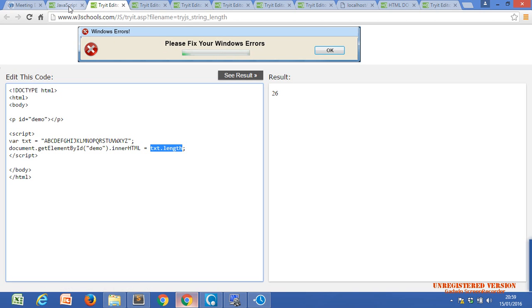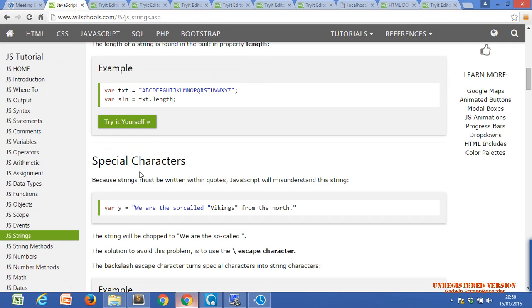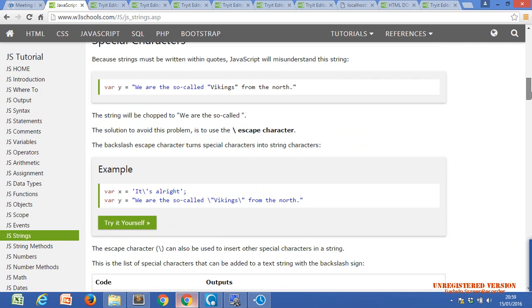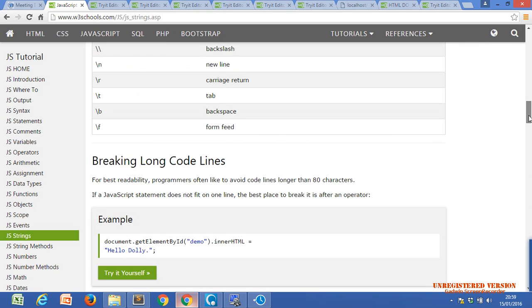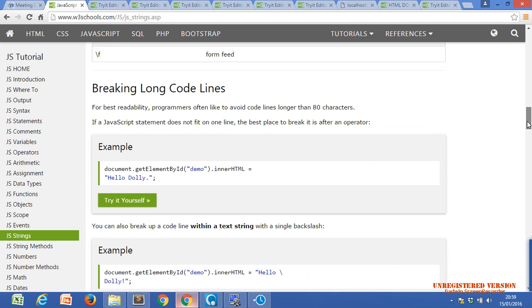And there are also some more string type functions.